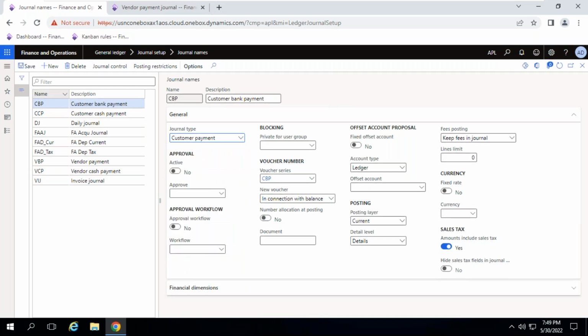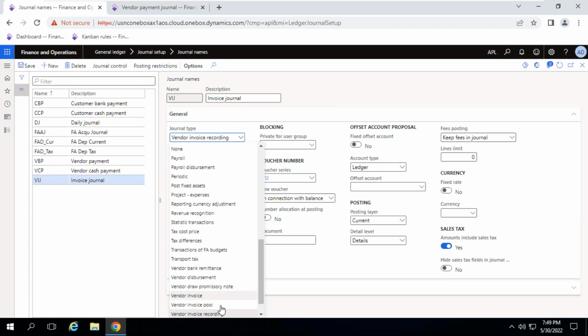Vendor disbursement is vendor payment and customer payment is customer payment, right? Other than that, other options are there. So where do we use them? Actually, no, this one is the invoice journal, for invoice recording. Invoice recording. Okay, next one is